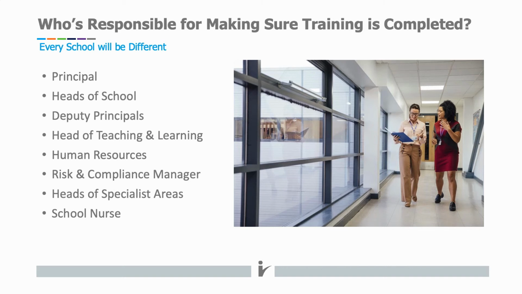It may only be the principal or deputy at some schools, but it may be all of these people and more at other schools. But it's really important to get their buy-in and understand that they can help you with that central learning strategy, and they can be involved and included in the learning system. They can put their stuff onto the learning system, and nobody has to miss out that way.